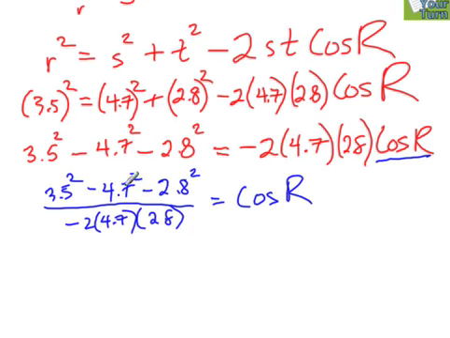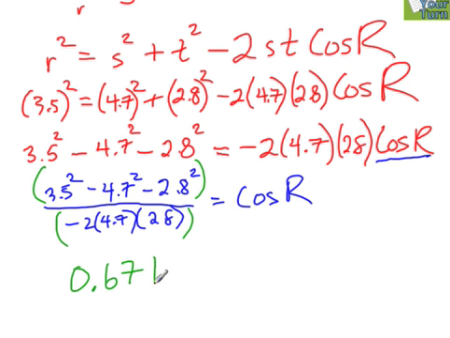So bracket, 3.5 squared minus 4.7 squared minus 2.8 squared. Now I have to close the bracket, divide, put another bracket, minus 2 times 4.7 times 2.8, bracket. Go. That gave me a good answer, I think. The answer it came out to was